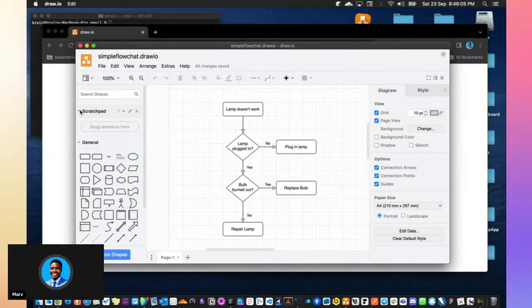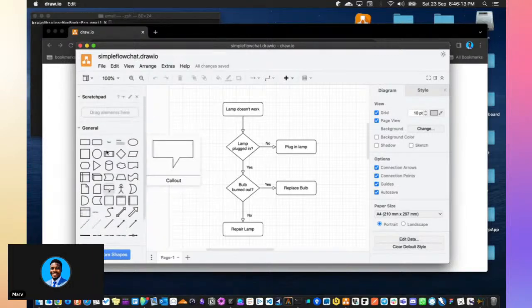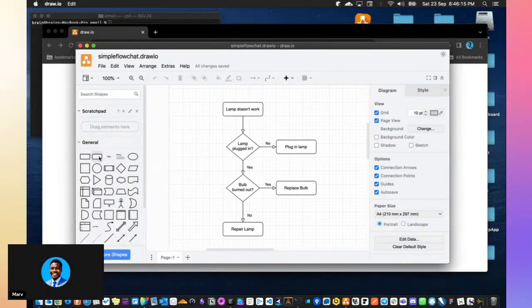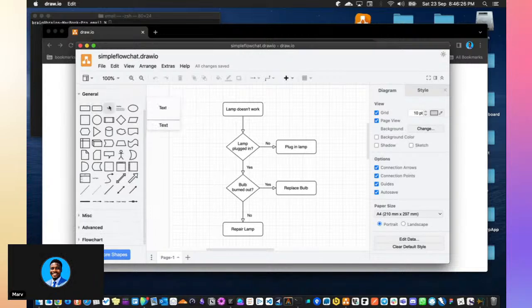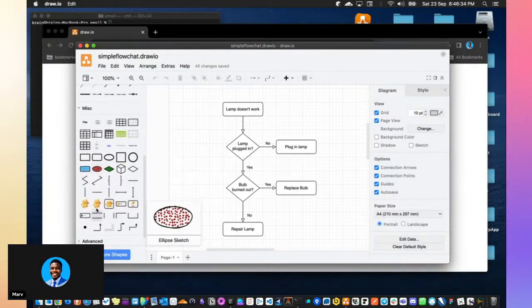So right here, you see you have a scratch pad. You can basically keep items that you want to be using so many times, right? So you can just drag items into the scratch pad, items that you'll be using over and over again. All right. So let's close this for now. In the general section, you can basically see some shapes, right, that you can use for your diagramming. When I click on this, you see we have a bunch of other shapes,